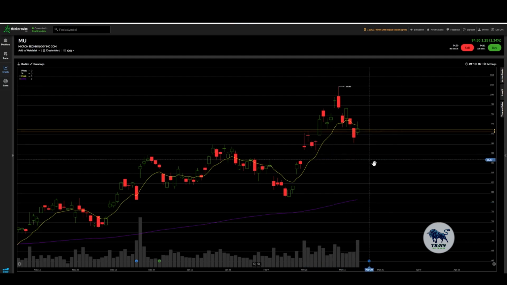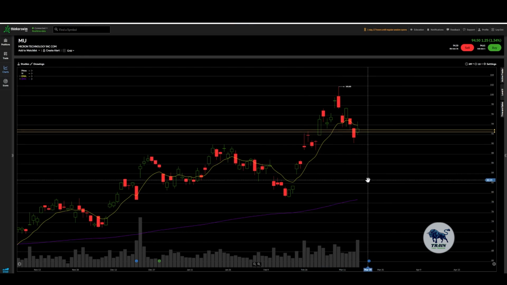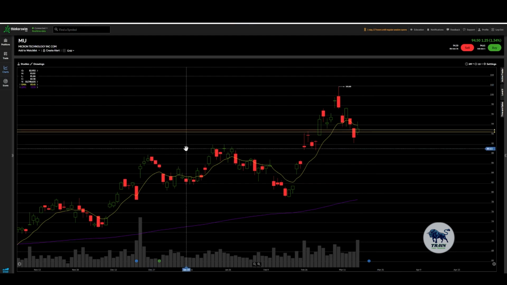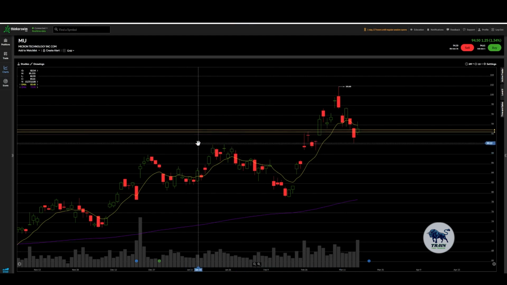Let's get into it. We are on MU, ticker symbol MU, which is Micron Technologies. If you've been in the market, you know about Nvidia, you know about AI, you know about chip sectors. These chip sectors are just running on a tremendous bull run. And so with that knowledge, there are plays to be made and money to be made on these plays, right? So as we're charting, like I'm always doing when I'm looking for these plays,